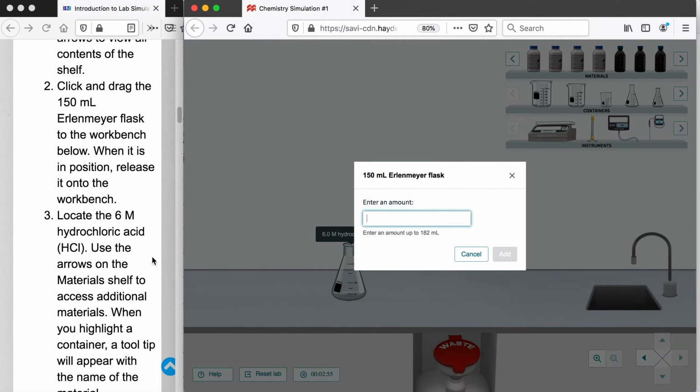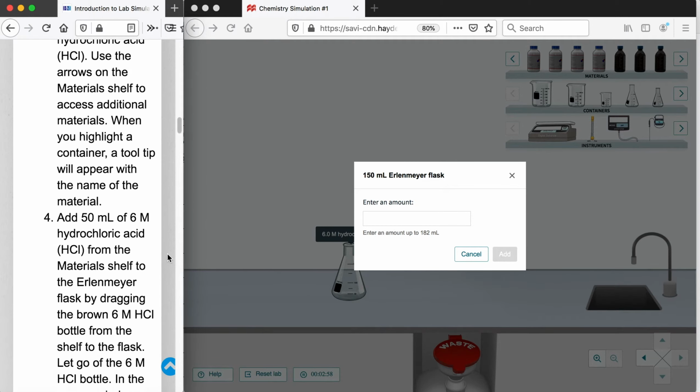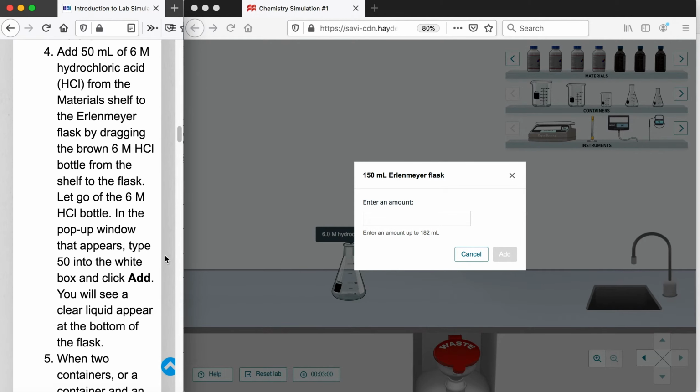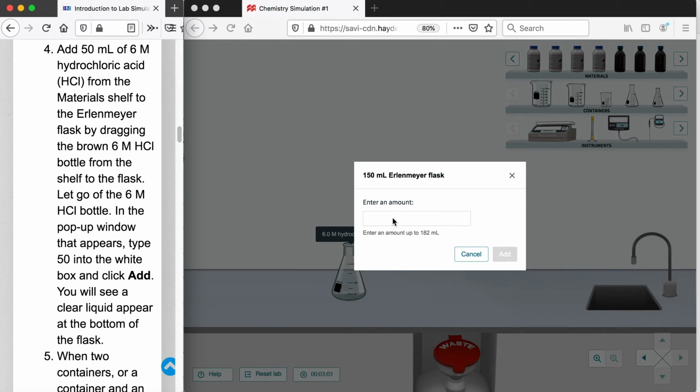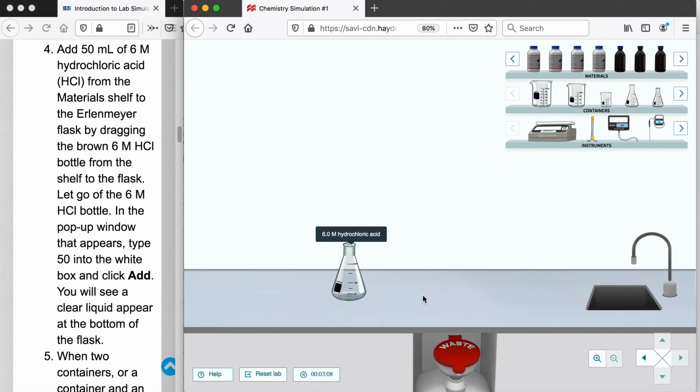Now here in the procedure, let's go to procedure and see exactly how much we need. It says 50 mils. Alright, so you drag that onto the flask and then you type in 50 and it will add 50 mils of 6 molar HCl, and you can even see there the flask with the stuff in it. So we can actually zoom in on this as well, just if you want a closer view,